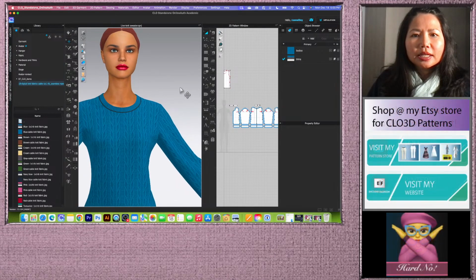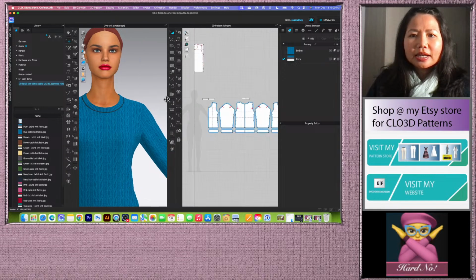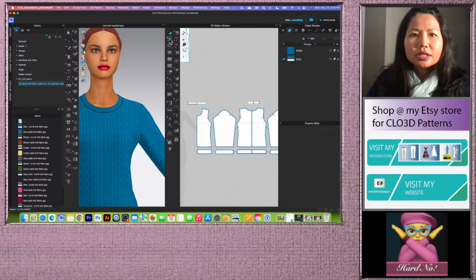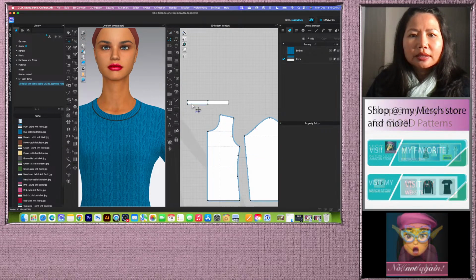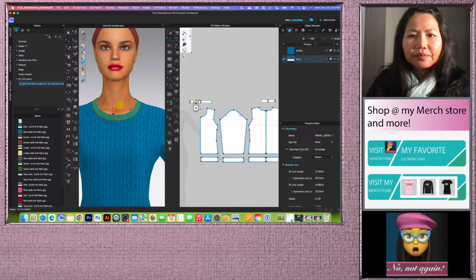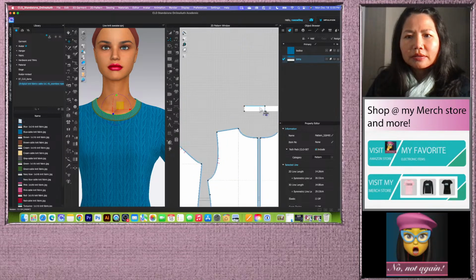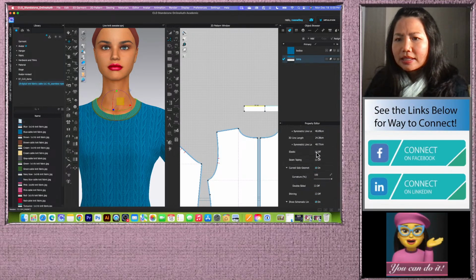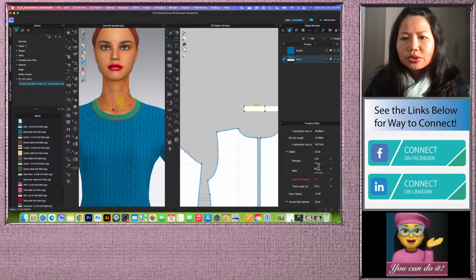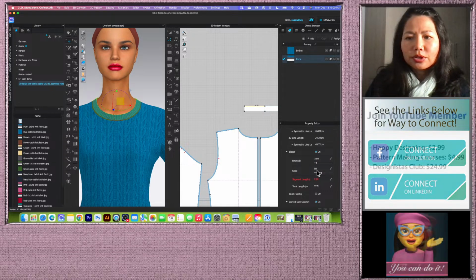Alright, so let's come over here and then we want to use this edit pattern tool and click once right there and then press shift, click once right here and come to the property editor. Let's select elastic and I'm going to use that value, so strength 10 and then ratio 80